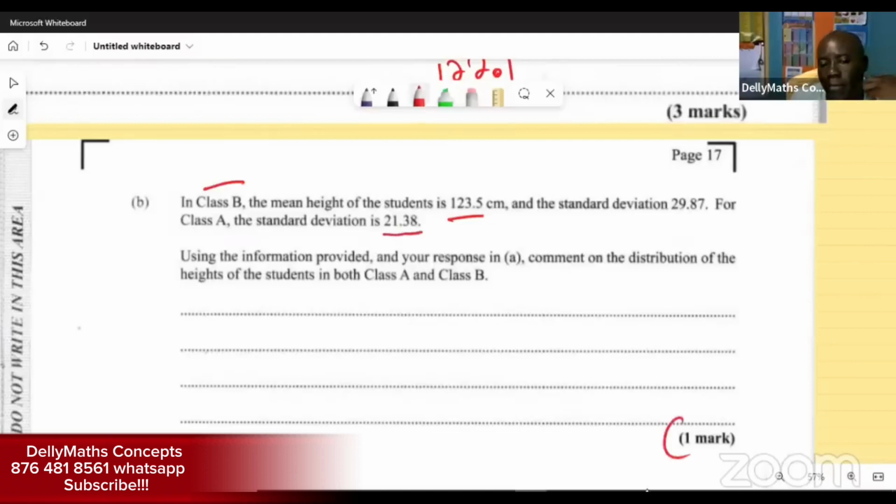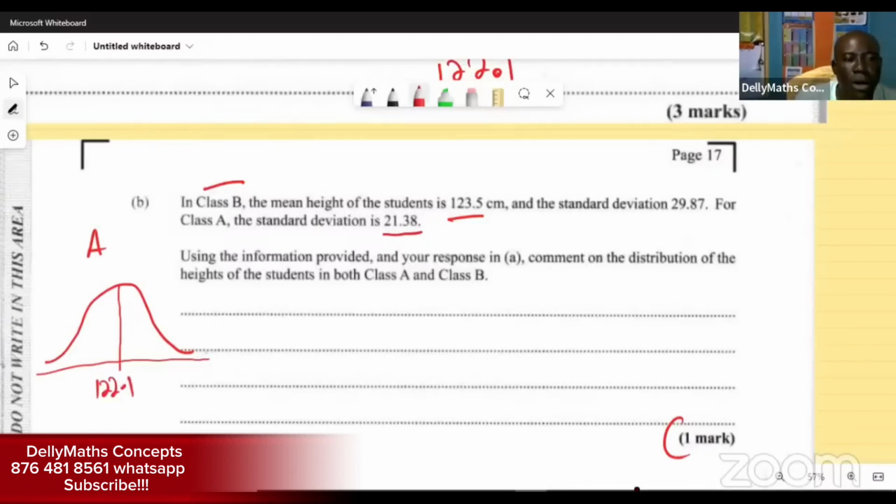It's a 1-mark question, and let me show you quickly what goes on. What we have is they put the mean in the middle here. Say this is class A. Where is the mean for class A? Oh, we worked out the mean for class A. It was